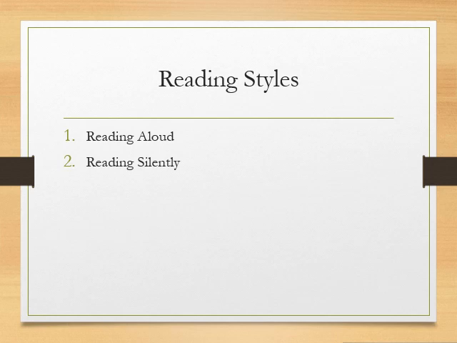When you read silently, your reading speed increases, and especially at this level, you should read silently so that you have a good reading skill. When we are talking about reading skills, it means we are talking about reading silently, not reading aloud. Reading aloud only takes place at school level, and when we want to improve the reading skills of students, we have to train them for reading silently, reading through eyes only. So these are the two types or styles of reading.